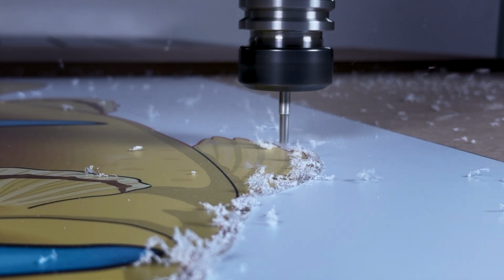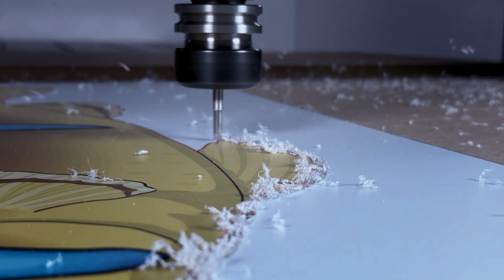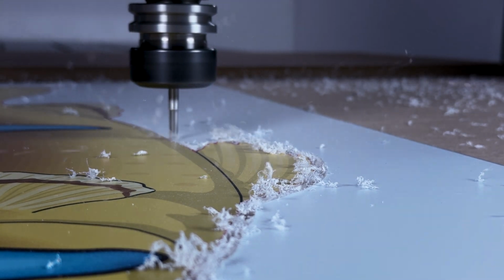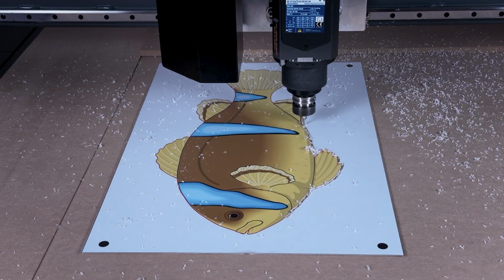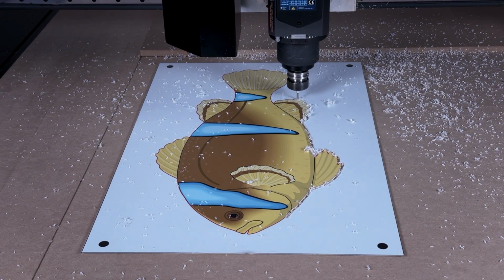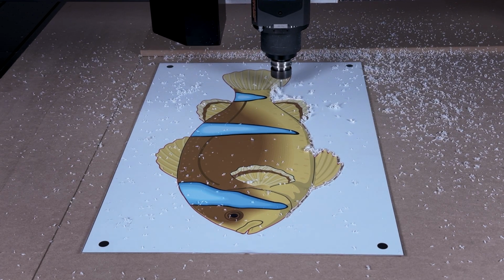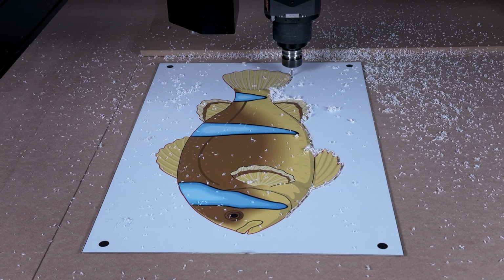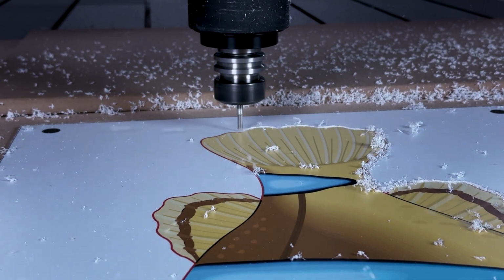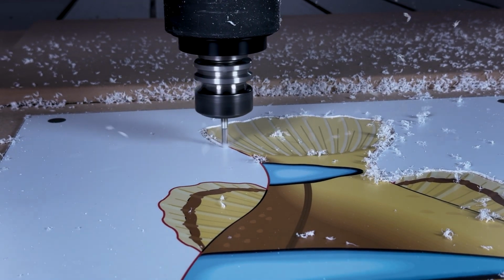In this demonstration, we are working with 5 mm thick plastic, a typical choice for printed displays and signage. Once the system confirms the position, the cutting process begins. The powerful HITECO spindle follows the programmed contour with precision, cutting smoothly around the image with a defined offset to protect the printed surface. Throughout the cutting operation, the vacuum table, the sheet remains firmly in place, preventing any shift